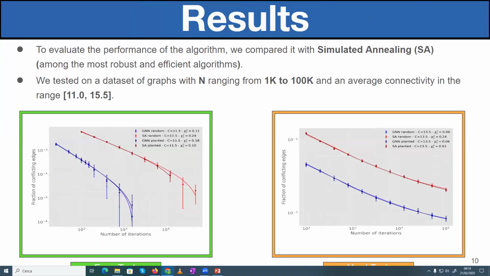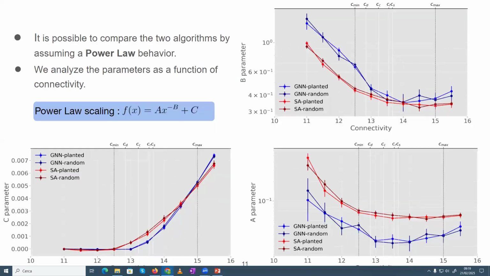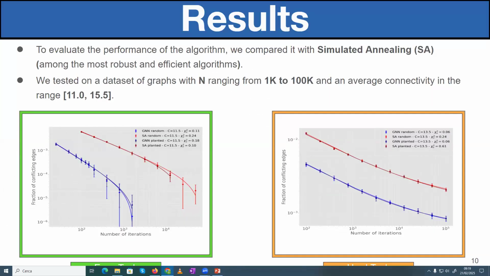So let me show some of the results we obtained. We decided to evaluate the performance of the algorithm, comparing it with simulated annealing. Simulated annealing is one of the most robust and efficient algorithms used for this kind of task nowadays. So we tested our model on a dataset of graphs having n ranging from 1,000 to 100,000 and an average connectivity in a wider range with respect to the one used during the training process. And as you can see, our algorithm outperforms simulated annealing